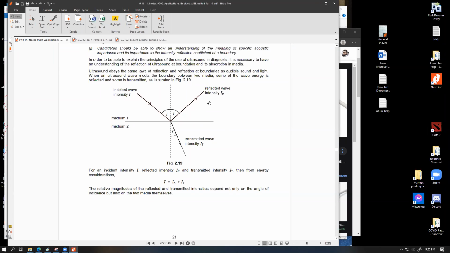But for the case of this process of ultrasound scanning, it is the reflected intensity which you are really interested about. Because you have to understand this part, that